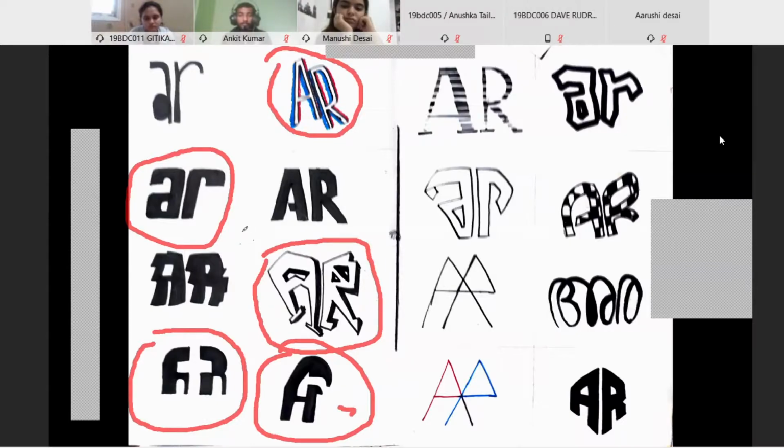Anything else? Ma'am, I don't know about this one. Since Akhil is from Kerala, I tried writing his initials in Malayalam as well, just to play around. Wonderful. It kind of gives the sense of a movement, like there is something going on behind it.